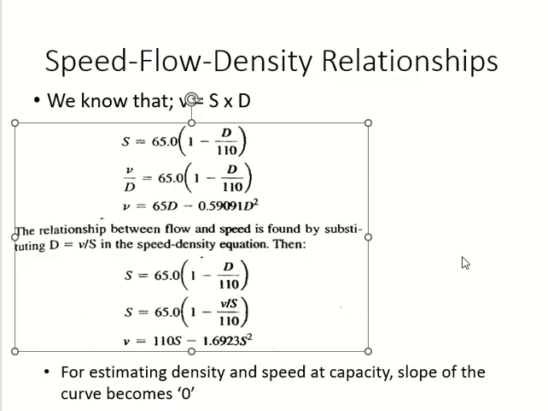If I use this one, I need S and D both. If I use this one, I only need D. If I use this one, I only need S. Now going back to the graph. This is my maximum, and this is the equation of the curve, V and S. This is the point I'm looking at. What is the slope at this point? 0. When slope becomes 0,